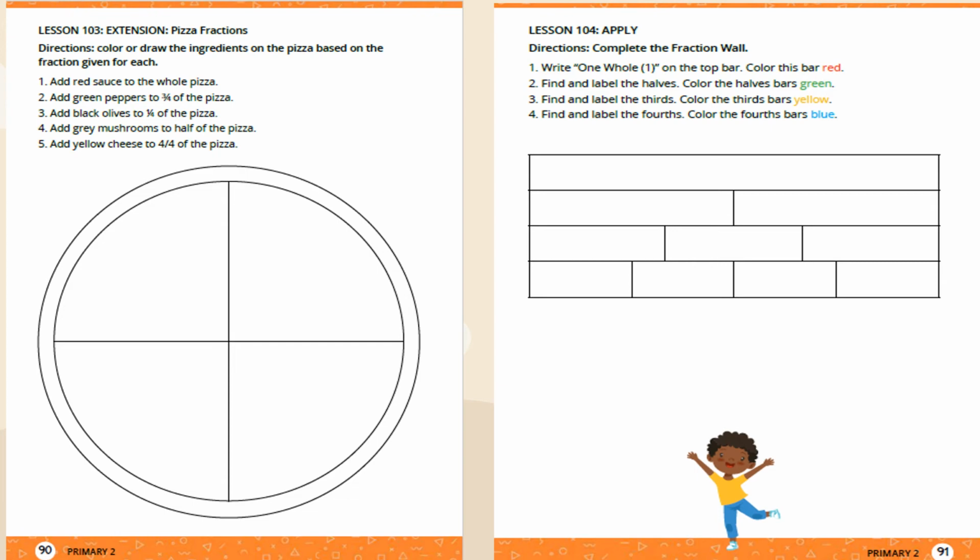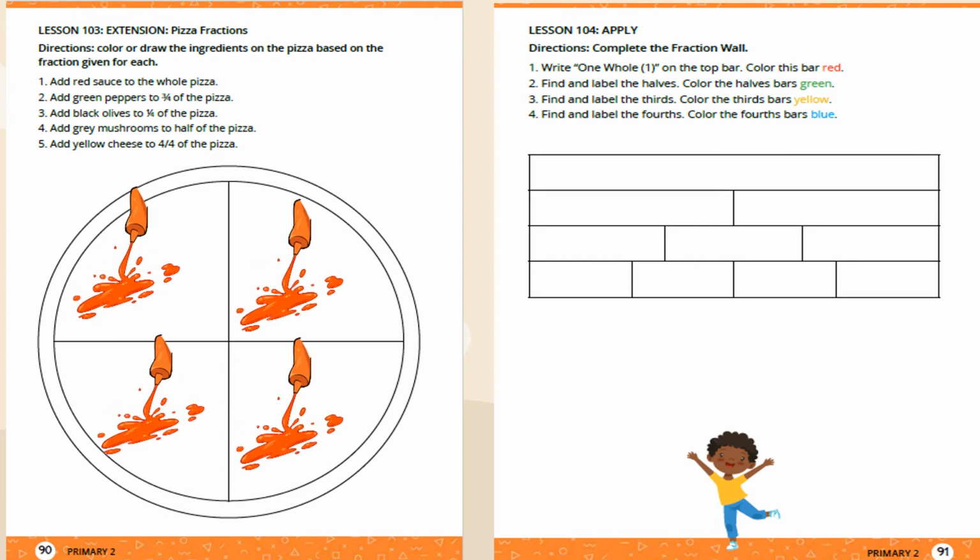Given for each. Number 1, add red sauce to the whole pizza. The whole means all of the parts color. That I will put red sauce on the 4 parts. Number 2, add green peppers